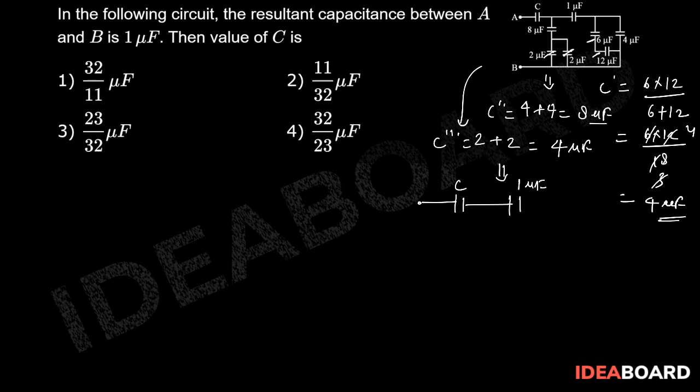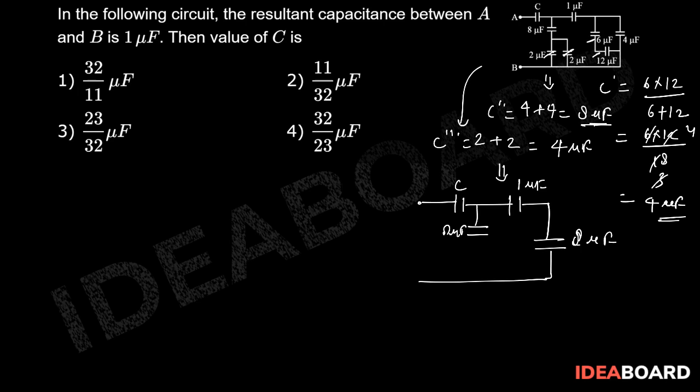Combination of all this will give you 8 microfarad. So 8 will be like this, 8 microfarad, and this line doesn't have any capacitor, but yes, we have one here,